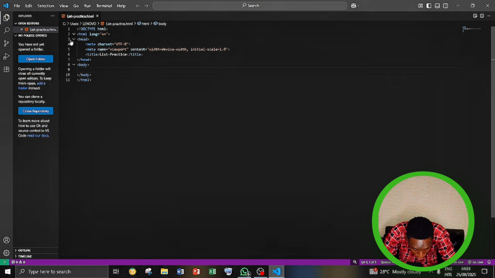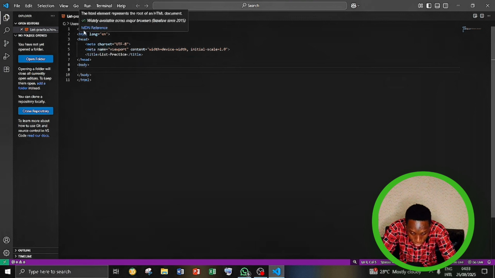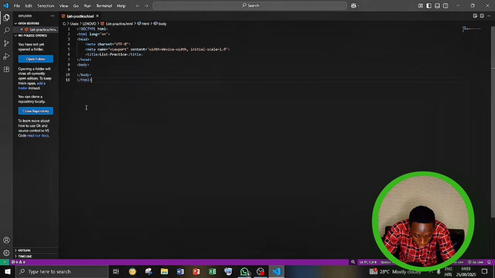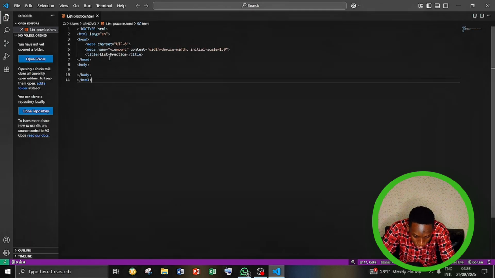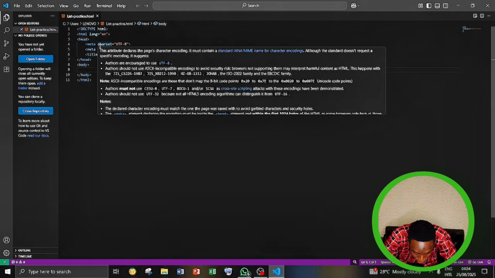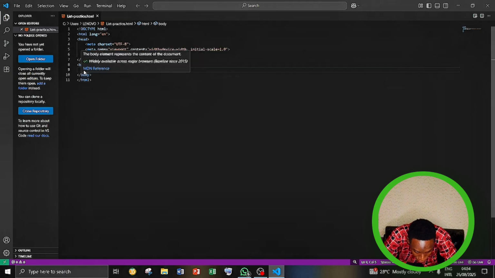Before you write any HTML document, you need this HTML boilerplate. If not, your code won't be functional. This title shows the title of the web page and so on. You also need the meta charset for encoding different types of characters, like letters, Chinese symbols, emojis. That is the meta charset. So for the body,